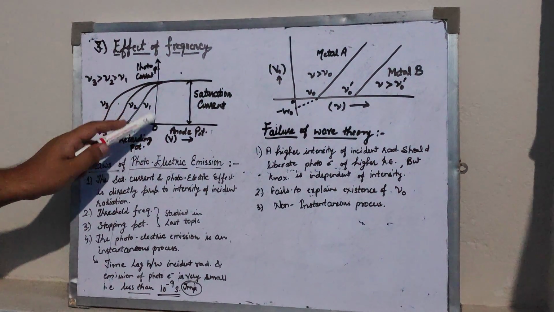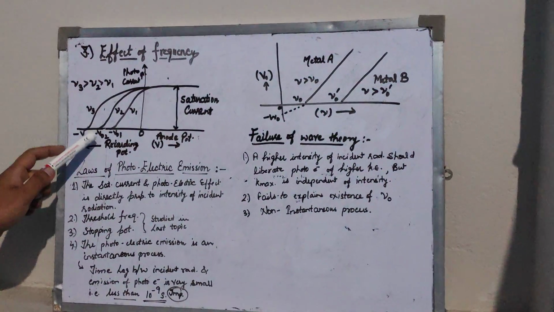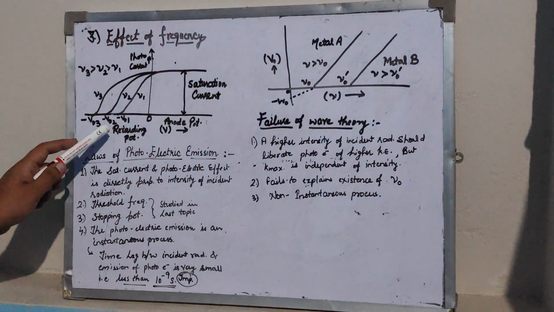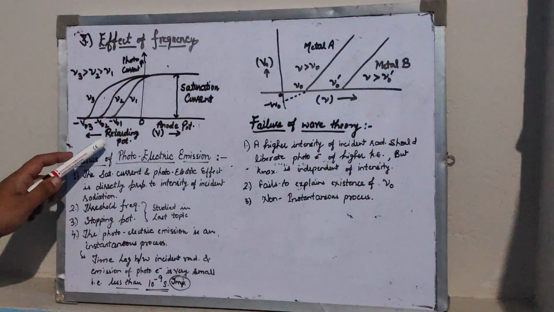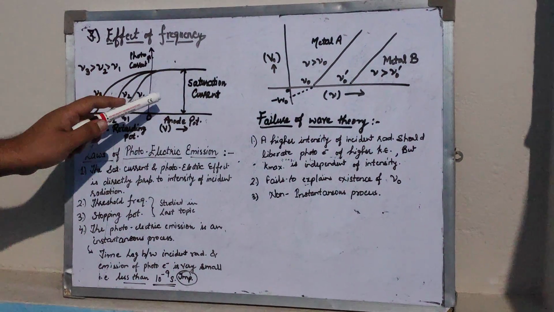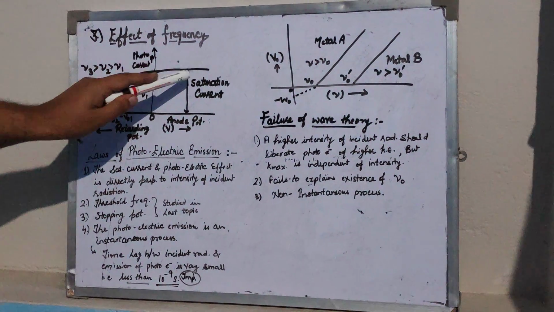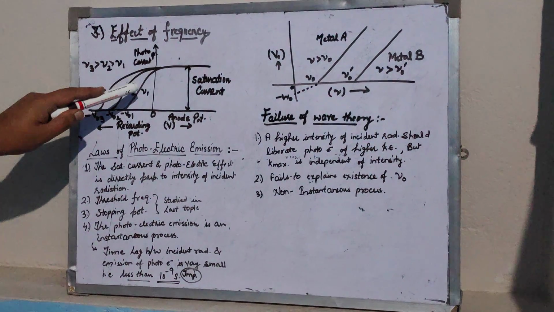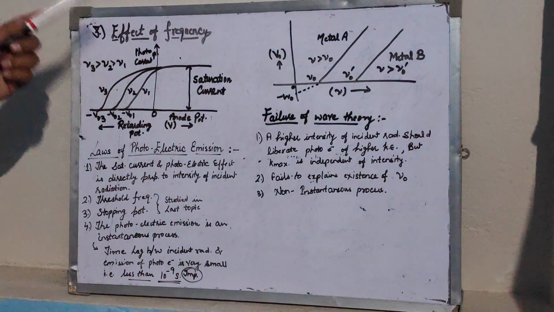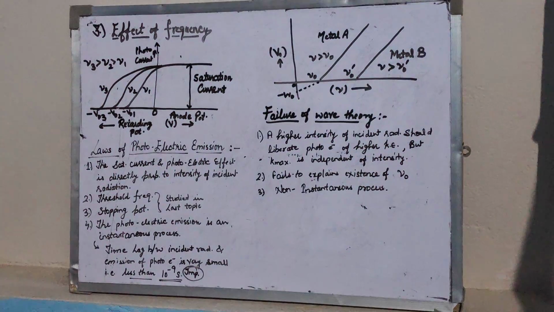frequency nu1. In the same way, if we have different frequencies nu2 and nu3, then we will get the retarding potentials V02 and V03. Retarding potential is the negative potential. What is the effect of frequency over this? When plate A, the collector plate, is at positive potential, the potential on plate A is gradually reduced to 0 and then increased in the negative direction till the stopping potential is reached. This experiment is repeated for radiation of the frequencies nu2 and nu3, and again,